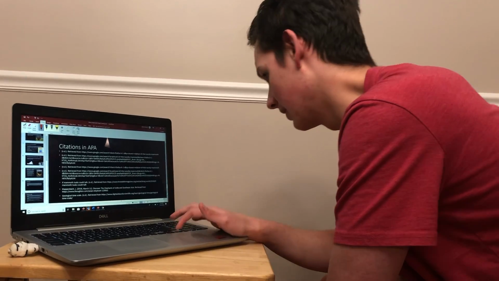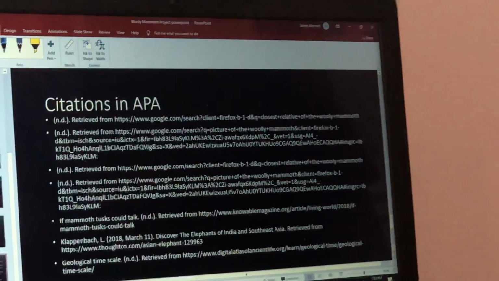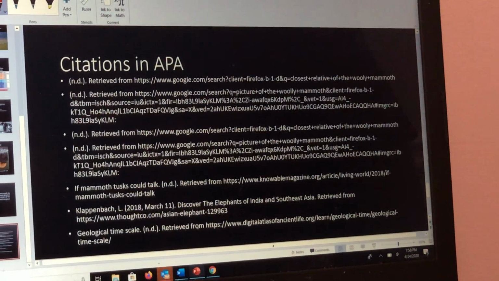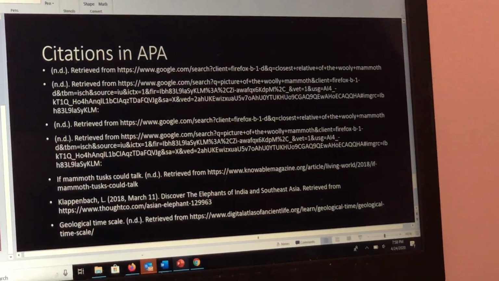So these are my citations in APA format. They include multiple citations of photos and websites that I've used throughout the PowerPoint. And that wraps up my geology PowerPoint. I hope you enjoyed my presentation on